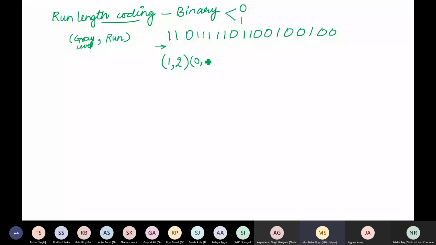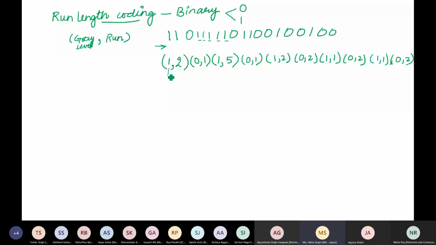which has the run length equal to 1 because there is only a single 0, followed by 1 which has the run equal to 1, 2, 3, 4, 5. So run is 5. Then 0, 1, 1, 2, 0, 2, 1, 1, 0, 2, 1, 1, and finally 0, 2.